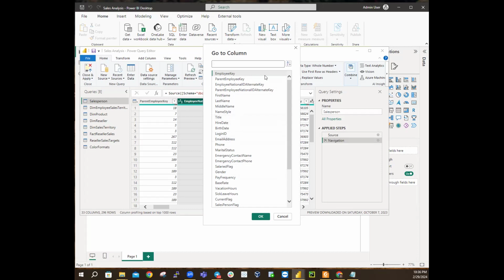To make it faster for you, rearrange them by clicking the arrow here. Look at A to Z. Click on that A to Z. It's going to arrange your data in alphabetical order for you. Now we have 8 rows. In the go to column window, to order the column names, select the A to Z sorted button and select name and